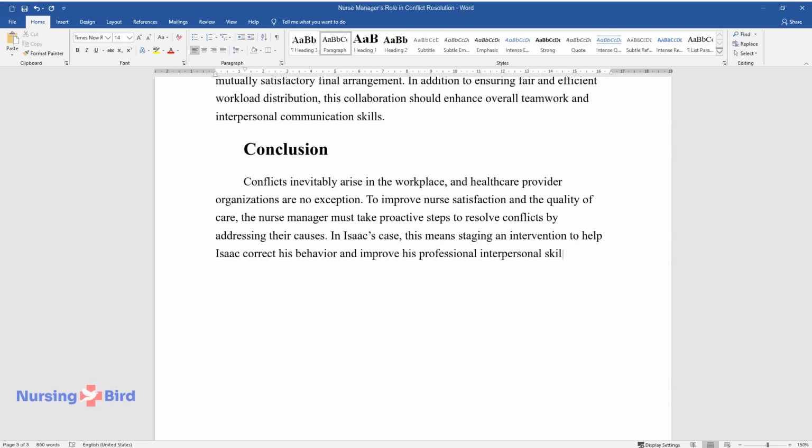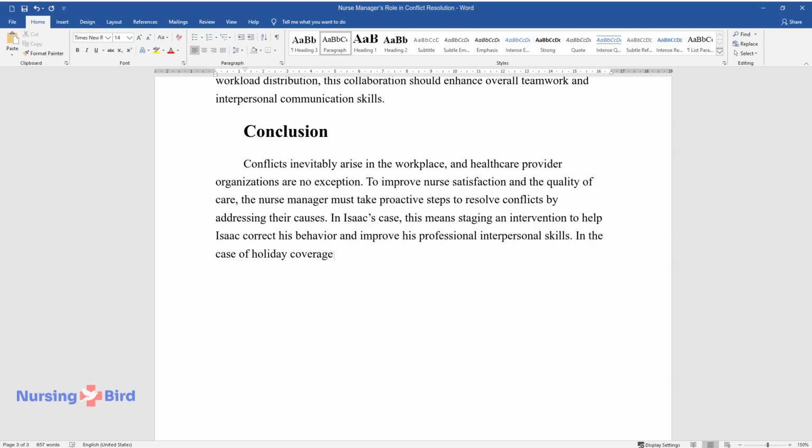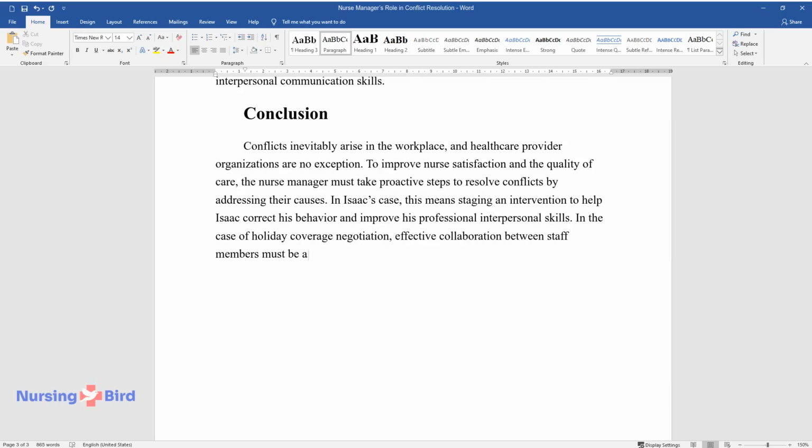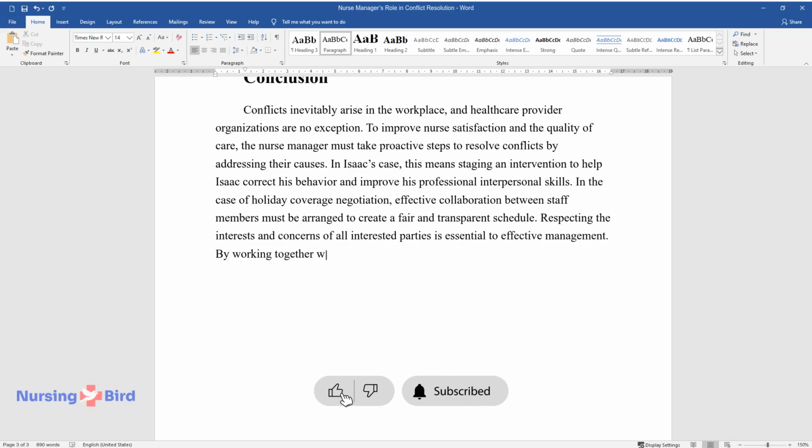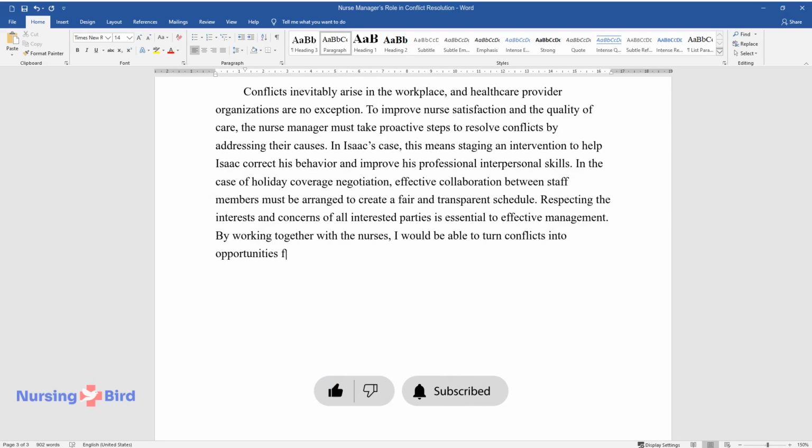professional interpersonal skills. In the case of holiday coverage negotiation, effective collaboration between staff members must be arranged to create a fair and transparent schedule. Respecting the interests and concerns of all interested parties is essential to effective management. By working together with the nurses, I would be able to turn conflicts into opportunities for growth,